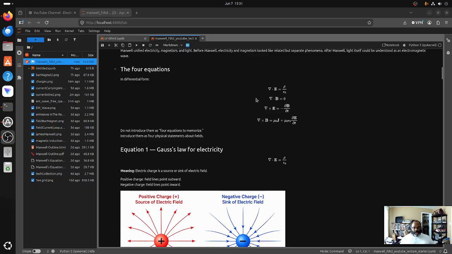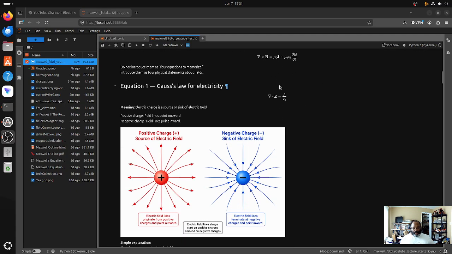We're going to go through here. We're going to name these equations, and we're going to see the importance of them. Equation 1 here is called Gauss' law for electricity. You can see here that it's del dot E is equal to the charge density over epsilon naught. The equation itself is not important, but the meaning behind it is. What it shows here is that